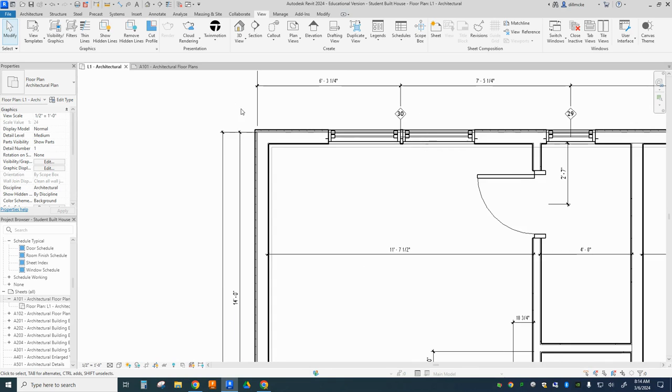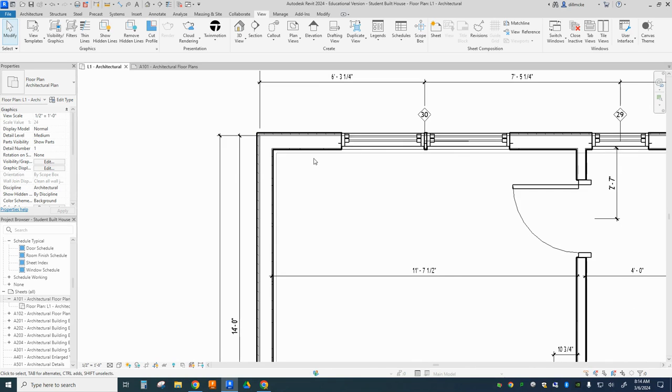One thing that I want to do is hide any underlay that I have. I had initially turned on an underlay so that I could see the basement walls below this, but I'm going to scroll down to the underlay portion of the properties menu, and instead of looking all the way down to level 02, I'm going to set my range base to none, and that is going to hide anything below